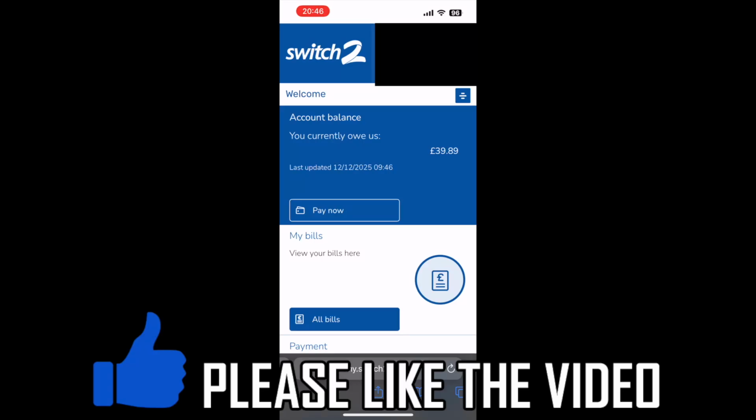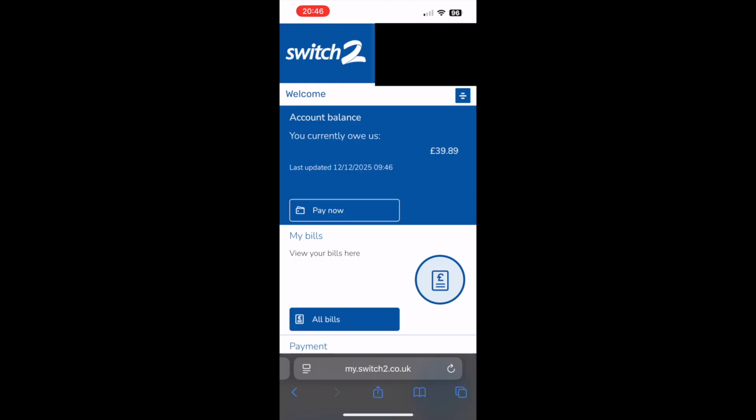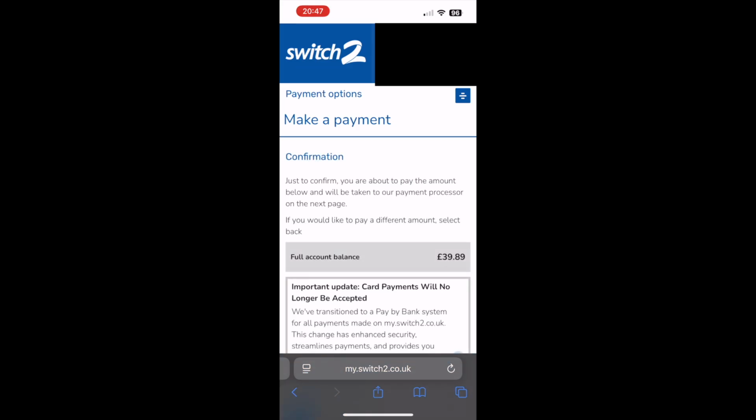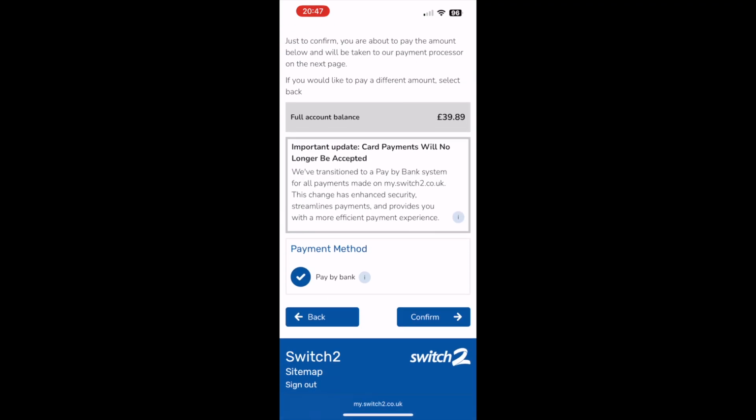First of all, you will need to sign up or log in to your Switch2 account on my.switch2.co.uk. There, once you're fully logged in, you want to click on Pay Now. Then you want to click on Pay My Full Account Balance. You can pay another amount too if you want to. Then click on Next. Then you want to go ahead here on the payment confirmation, scroll down, then click on